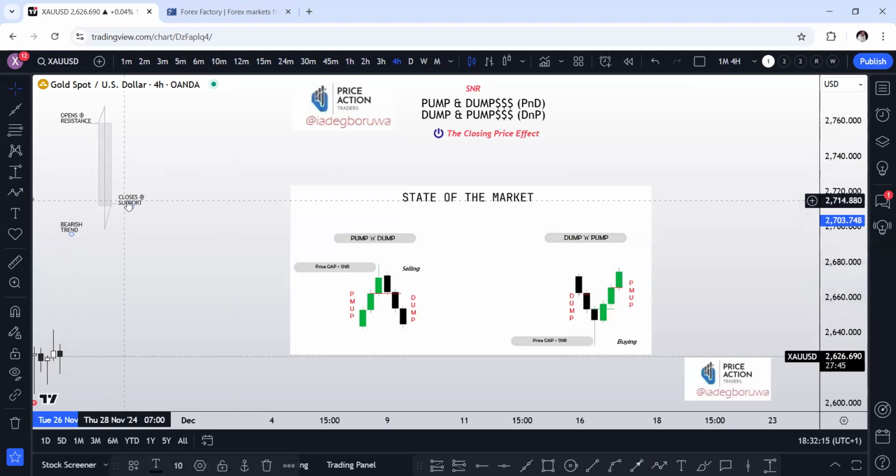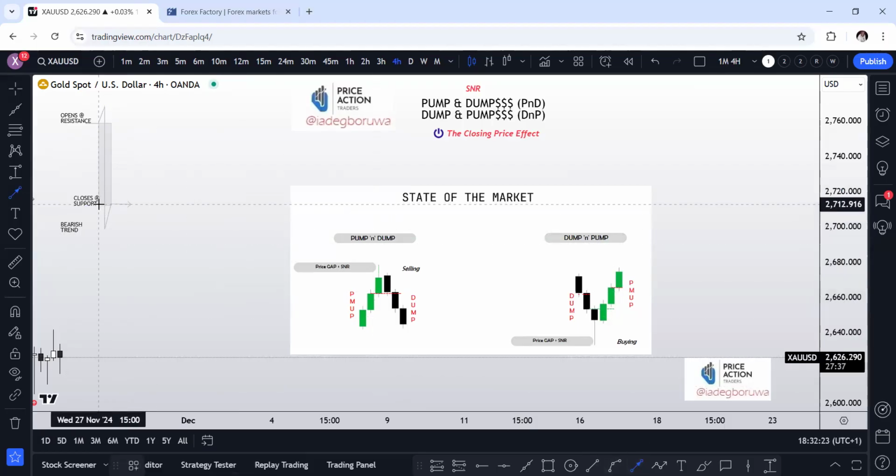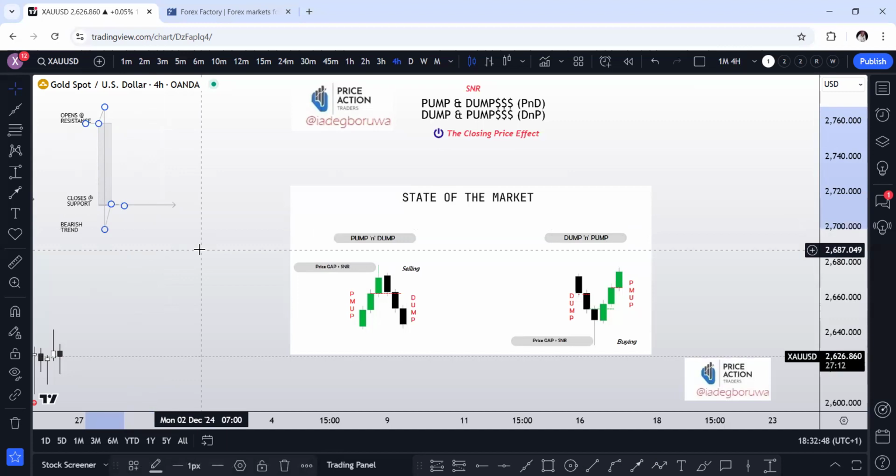If it closes here, this is going to be the support. I told you that where the market closes determines the support and the resistance level. If a candlestick opens and closes lower, that is the support. If it opens at support and closes at resistance, that is